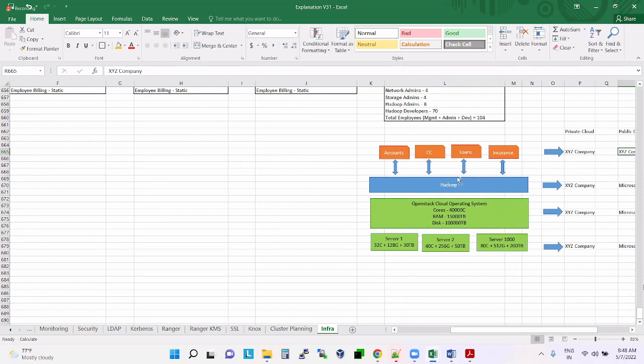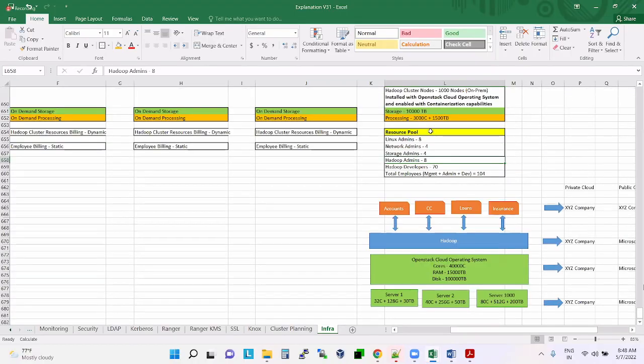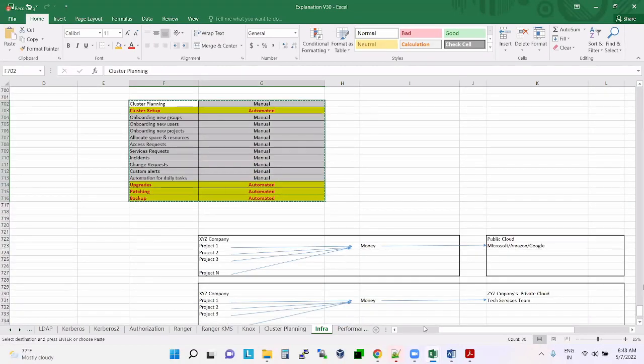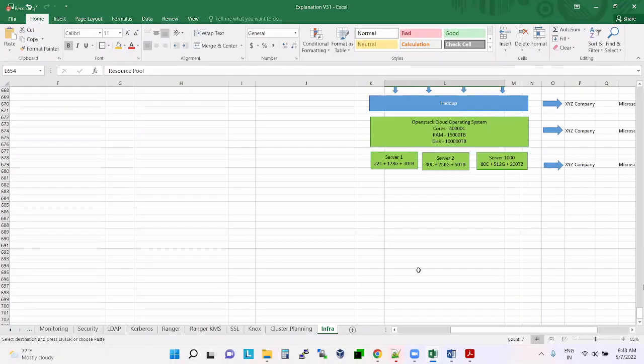Because of cloud, the number of jobs are getting reduced. No admin work in the future. People are telling so many things. But do you really think so? Do you really think so? Now, if you see here,